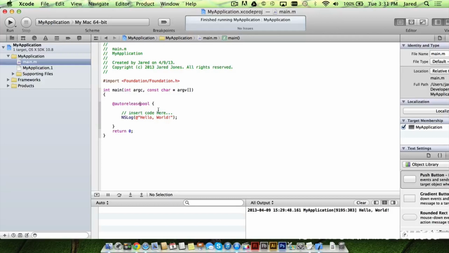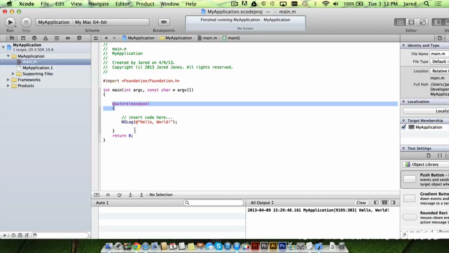Alright, to begin, I want to first cover something really quickly to get this out of the way. Automatic reference counting, like I said, will deal with memory management. For instance, if you keep creating new things on a computer, it'll keep increasing your memory, and eventually run out once it hits the amount of RAM usage you have. This thing called autorelease pool is new ever since iOS 5, and it's on Mac OS as well. Basically, anything that's in between this autorelease pool block will be formulated in a way that automatic reference counting